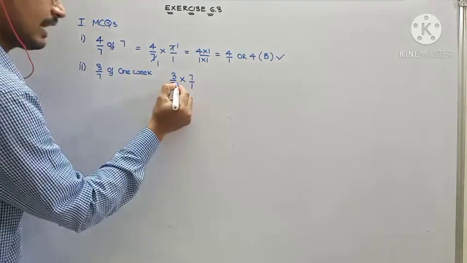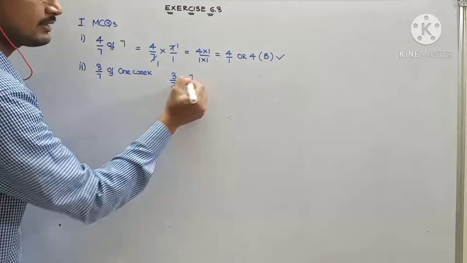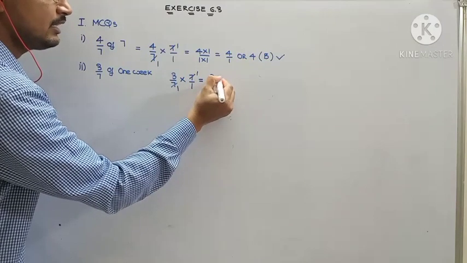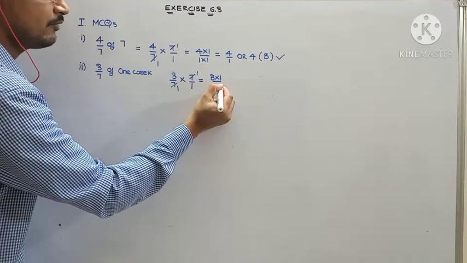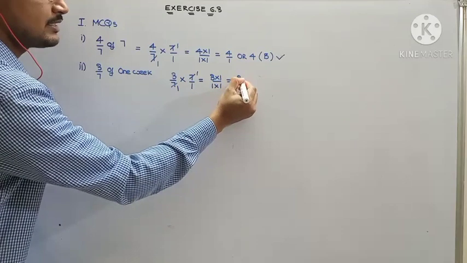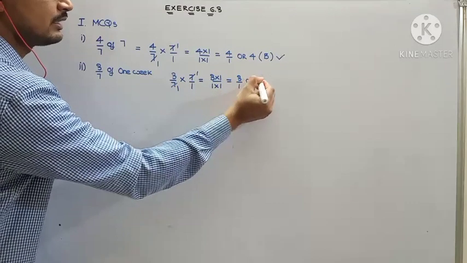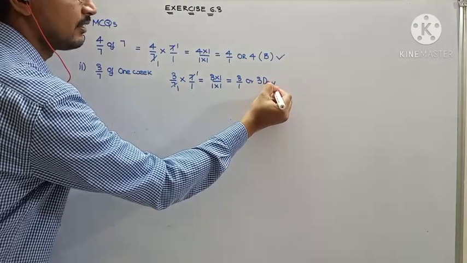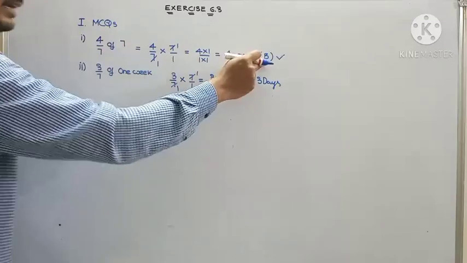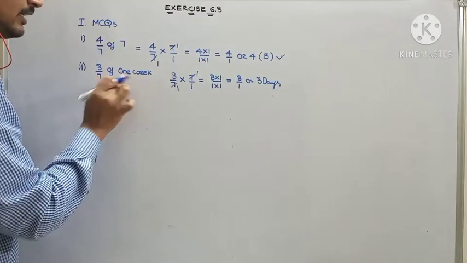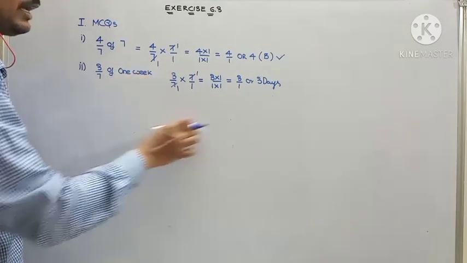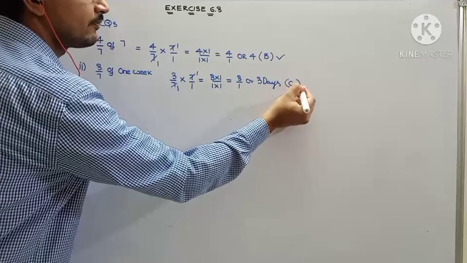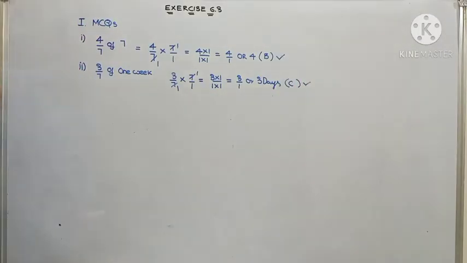Here also, cancellation: we have 7 times 1 and 7 times 1. The leftover value is 3 multiplied by 1 divided by 1 multiplied by 1, which is equal to 3 by 1 or simply 3. Here days is compulsory. If there is no such thing in the question, you can directly put 3. But here they specified it very clearly. Hence you have to write 3 days and it is there at option C. So tick option C in your textbook.